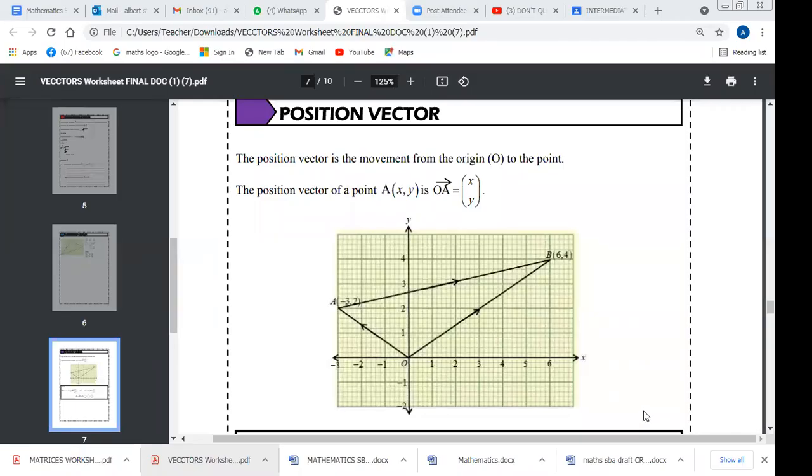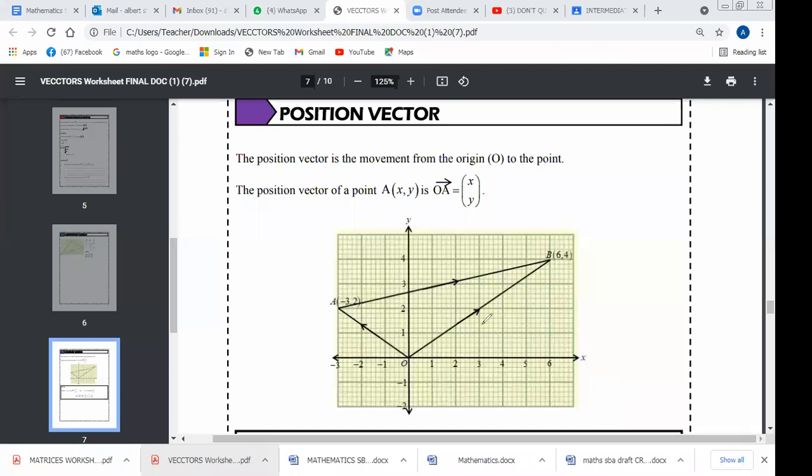Okay, so position vector. It says what? The position vector is a movement from the origin to the point. So the position vector of a point A(x, y) is OA. What it is talking about with position vector is that they're really talking about the origin. All right, it's all about the origin. So if you look at this diagram here,